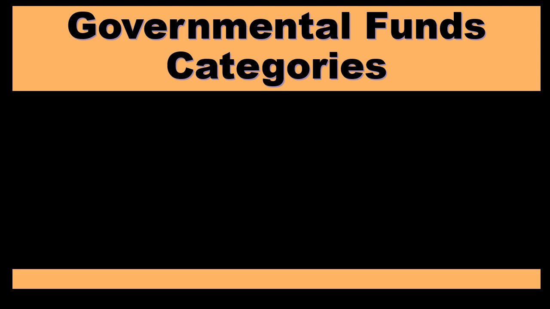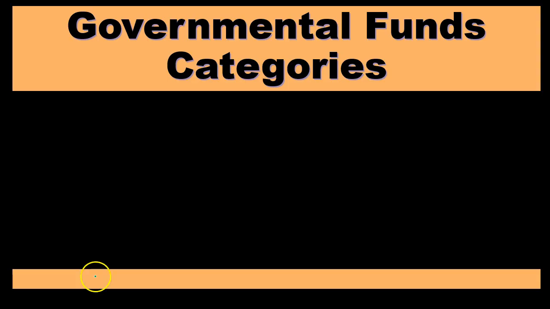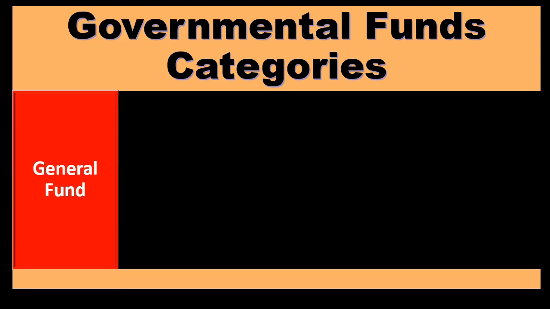Now we'll look at the governmental funds category. This is the largest category of the three, right? We have these three categories. Now we're looking at the governmental funds, the largest category. The governmental funds will include the general fund. The general fund is the most important fund that we're going to have. Now, consider this, we're going to have the fund accounting that's going to be different from the government-wide reporting. We've got the government-wide reporting that we're going to have, and then we've got the fund accounting, and then we have the general fund, which is going to be like the overarching type of fund.